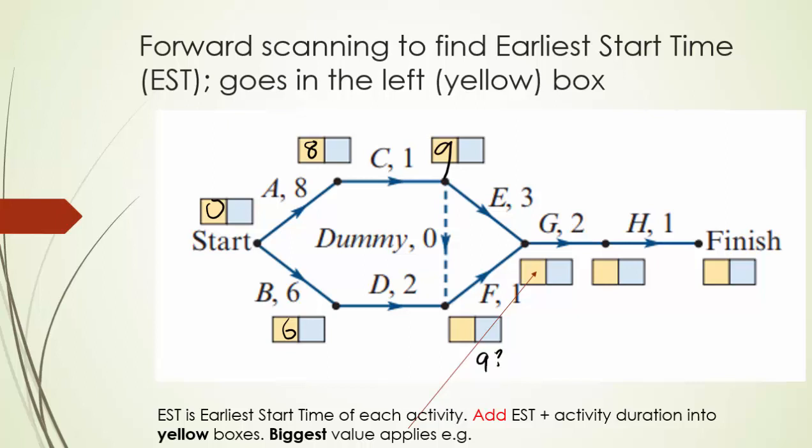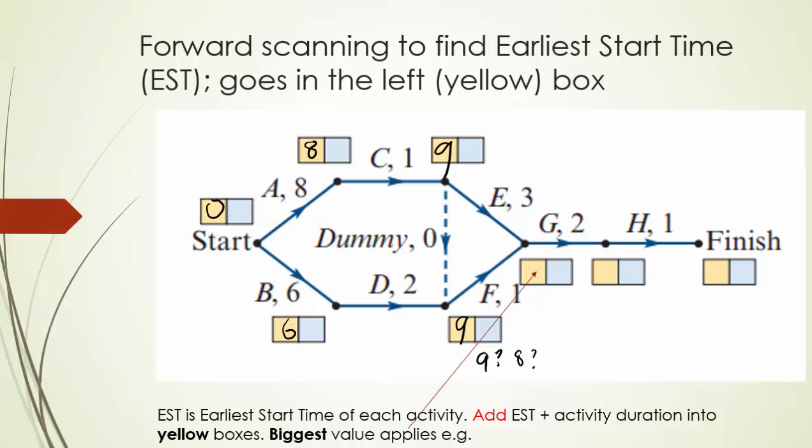I'm going to write a question mark because it may not be right. Going the other way, going BD, the start time will be 6 plus 2 is 8. Okay, 9 question mark, 8 question mark. You put into the yellow box the bigger number, 9. Because AC will take longer than BD, the earliest that F can start is when AC finishes, which is